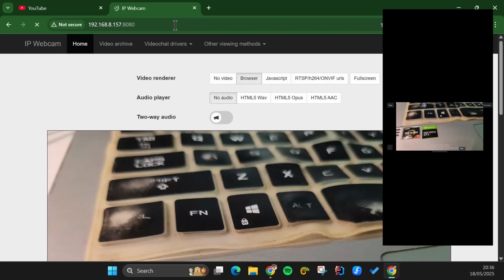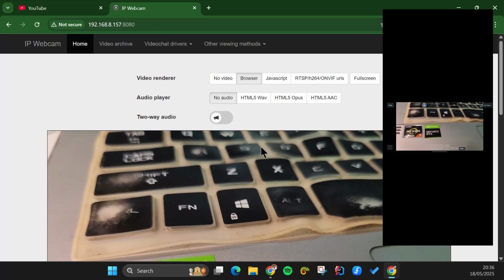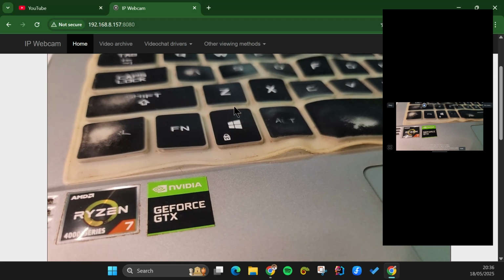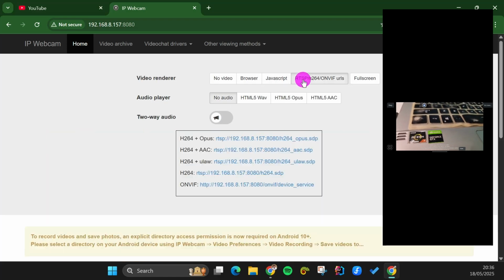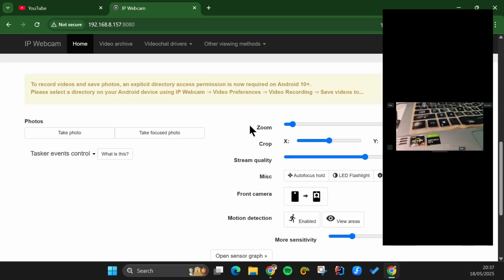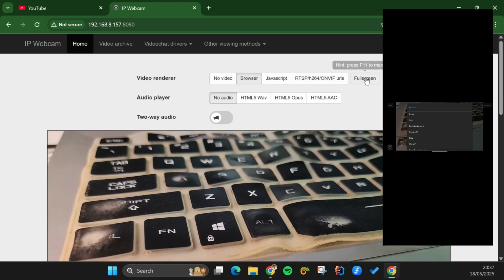It will open a web page with the target device camera preview with its settings. You can change the video renderer type from here, and other settings also. And in here we can show the camera in full